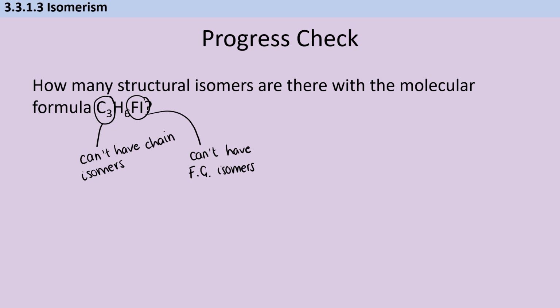So now we can start thinking about how many different isomers we actually have. We know that the basis of our molecule is going to be this propane 3-carbon chain, and then it's going to be some manner of fluoroiodopropane. So what we need to decide next is where are those atoms going to be. So we could put our fluorine atom on the first carbon, in which case this would be 1-fluoro something iodopropane, or we could put it on the second carbon, but we can't put it on the third carbon, or rather